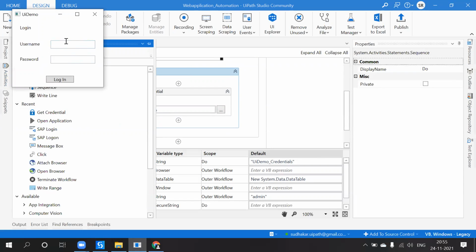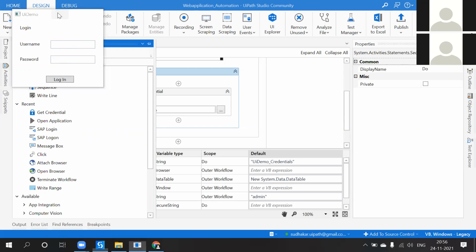So we have to enter the value of username and password and click on login. These three elements we need to identify and we need to pass the values.